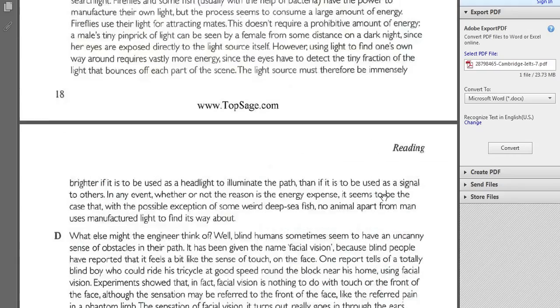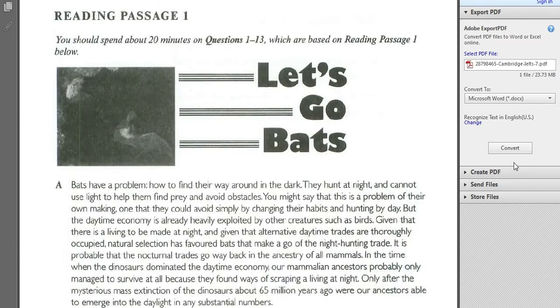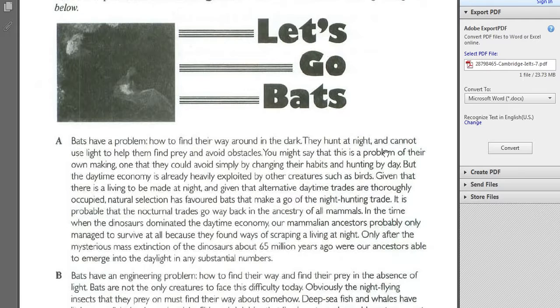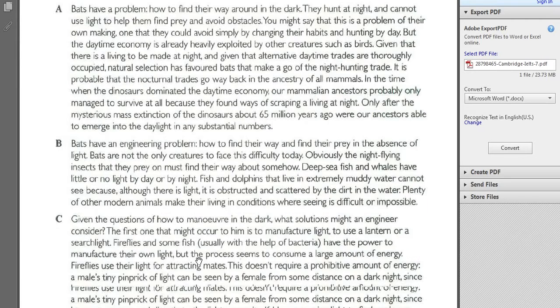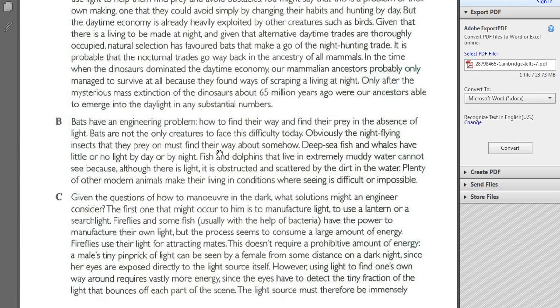Once you've done that, once you've read the introduction, looked at the title, looked at the pictures, looked at the topic sentences, remember the topic sentences are at the beginning of all the body paragraphs. Once you've read those, also go through each paragraph and notice keywords that help signal what's in the paragraph. For example, look at paragraph B, you've got night flying, insects, prey, deep sea fish, whales,